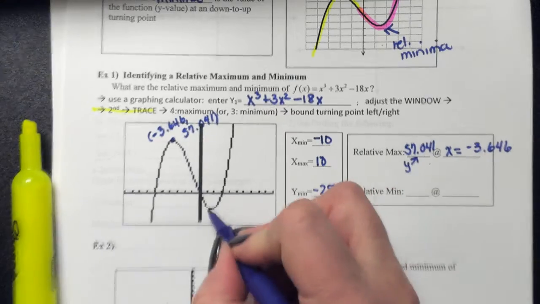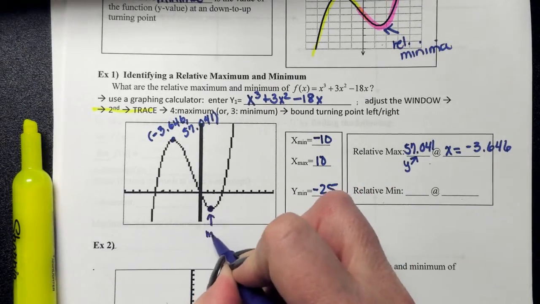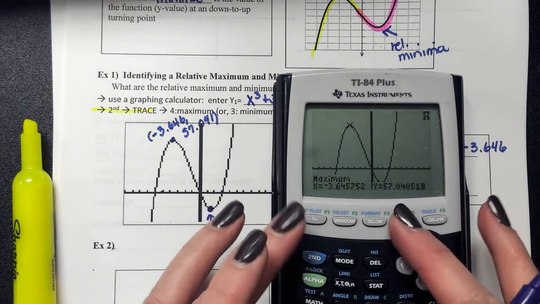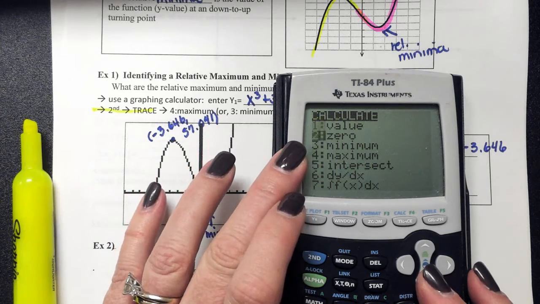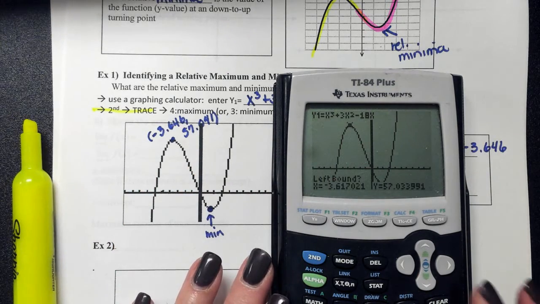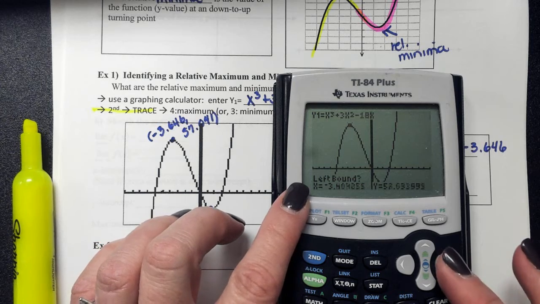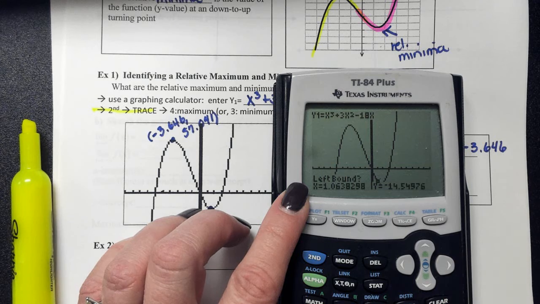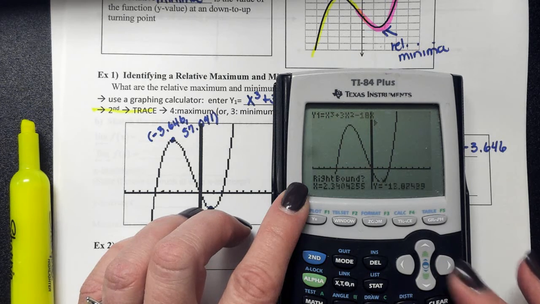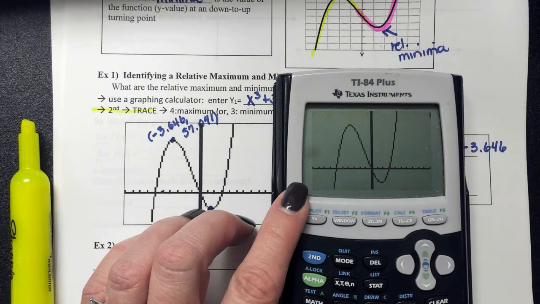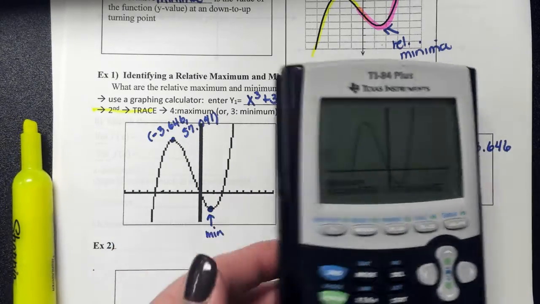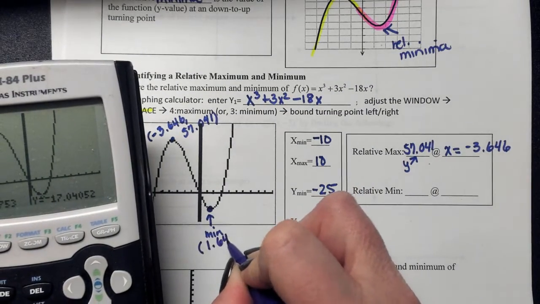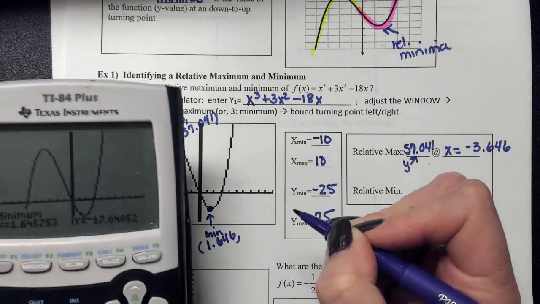So now we have a relative minimum. Again, I still want to go under my second trace. Now I want to choose option 3, which is minimum. The calculator is going to ask you the same questions. Left bound, so you want to move your cursor slightly to the left of that relative minimum, hit enter, and then you need to move it slightly to the right, enter, and then enter again. So now notice they're telling you that the minimum is occurring at the X value of 1.646 rounded to 3 decimal places and negative